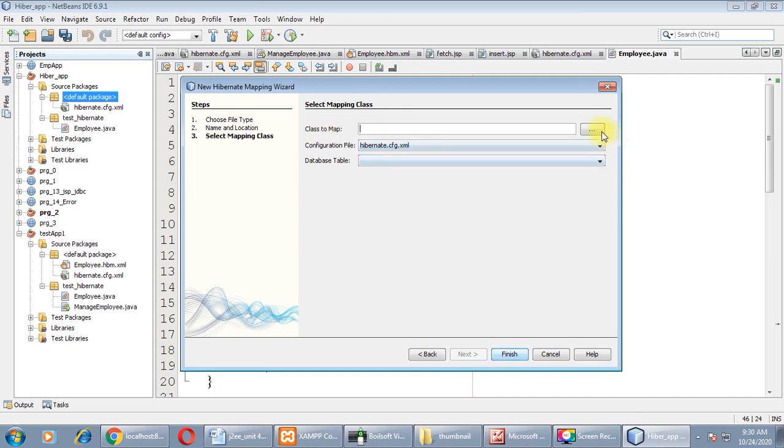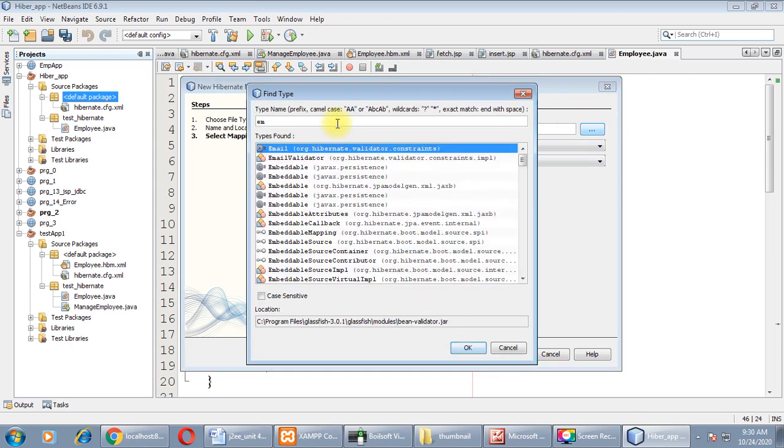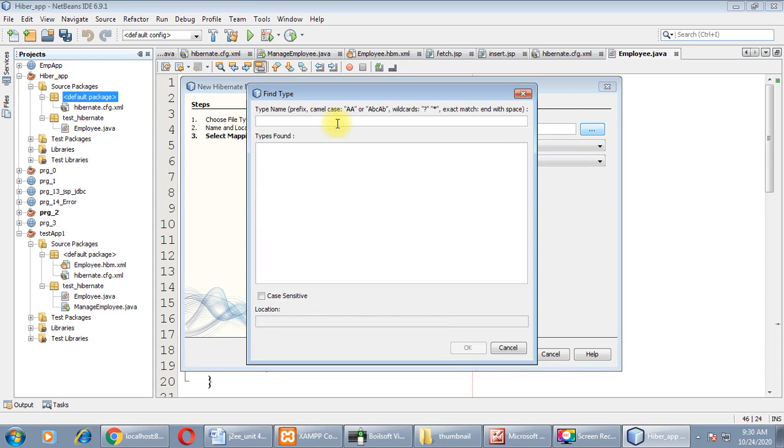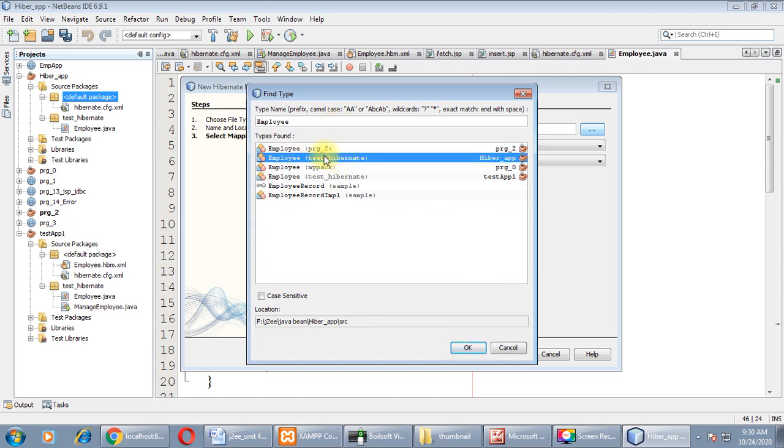Class to map, this will ask you for the name of the class. Employee, which is declared in test Hibernate, right? Here it is, you can select that one and click on OK.